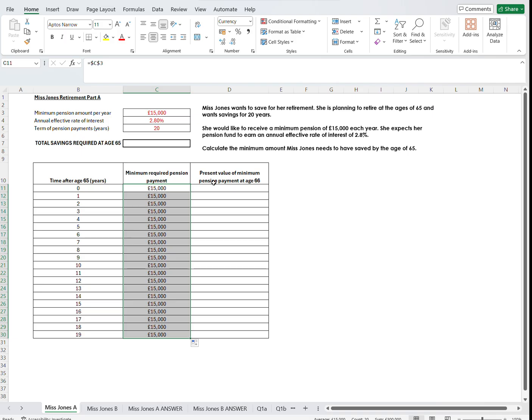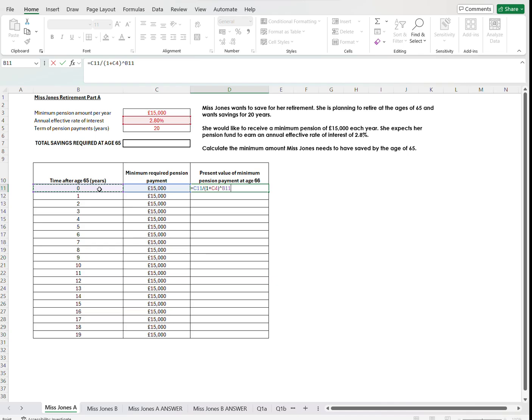What we want to do is work out how much that money is worth without the interest applied to it. Okay, so for the first year, we're taking the £15,000, so the value that's in here, and we're going to divide that by the interest rate to the power of the number of years it has been gaining interest. So in here, this would be 1 plus my interest rate, and we're going to put it to the power of